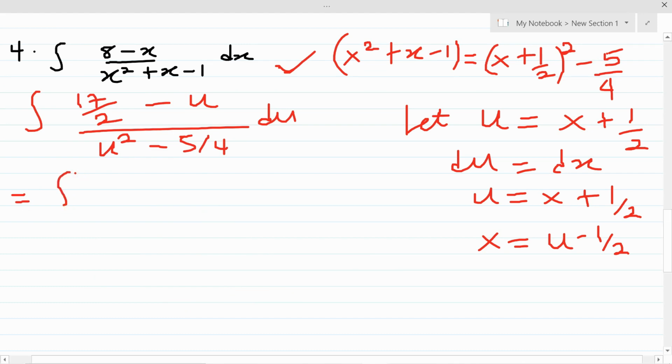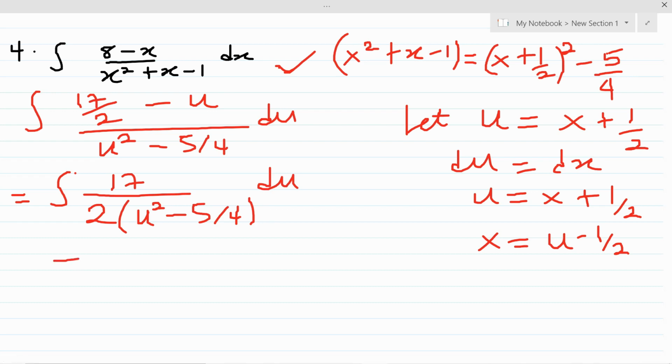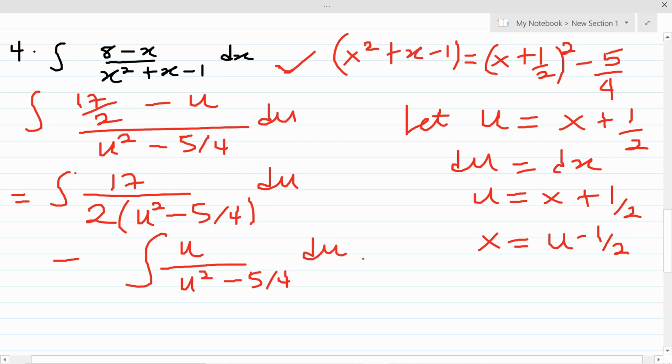integral of 17 over 2 into u squared minus 5 over 4, okay, du, for the first part, then minus the integral of u over u squared minus 5 over 4 du. So this is how it becomes, okay. The 17 over 2 over u squared minus 5 over 4 will give you this, and it separated minus u over that. Okay, we did this just at the beginning of solving this problem, so I hope you understand how we